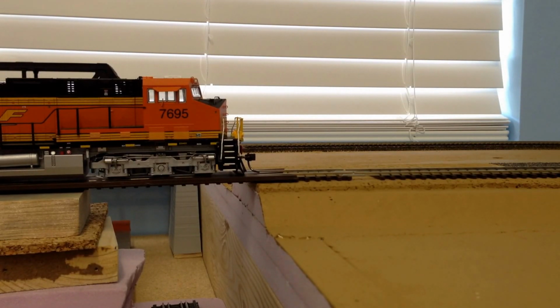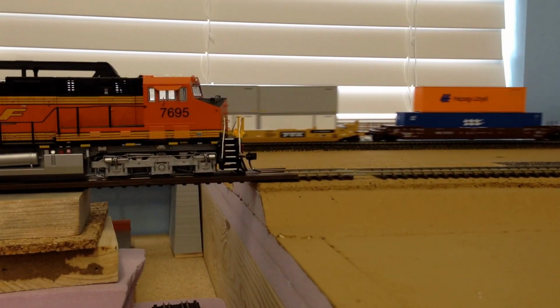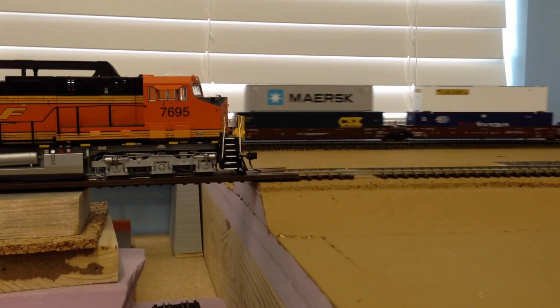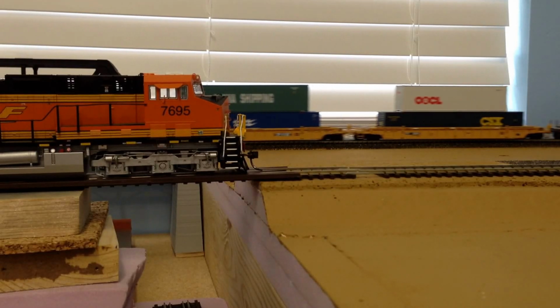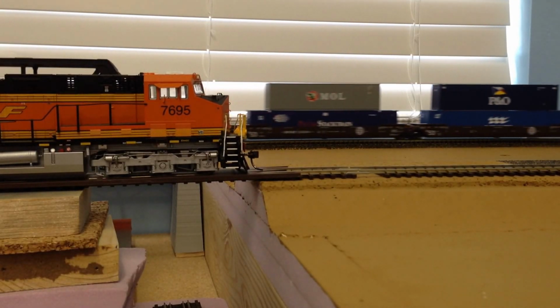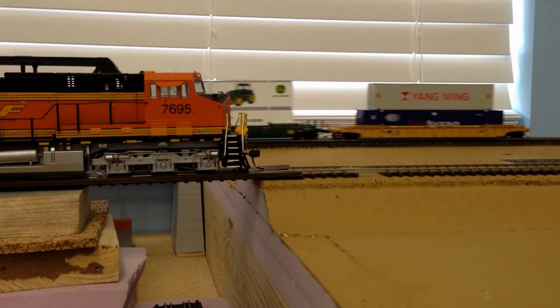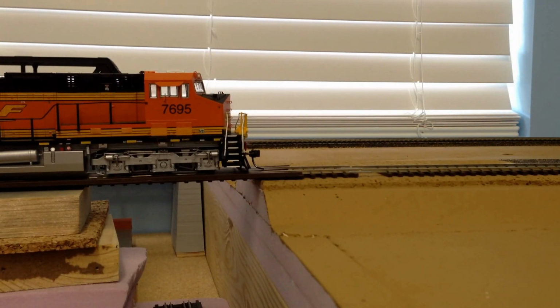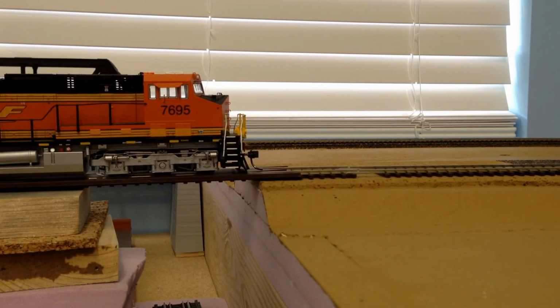So I ran the incline up to a point about 6 or 8 inches from the bridge itself, and I ran a piece of half-inch foam in there, so it's flat before it goes onto the bridge, and then it's flat again before it starts its decline on the other side. I think it looks a lot better than peaking on the incline right at the bridge. So I added about a 6 or 8 inch piece of foam in here to make it level before it hits the bridge. So anyway, I now have 2 complete loops done,